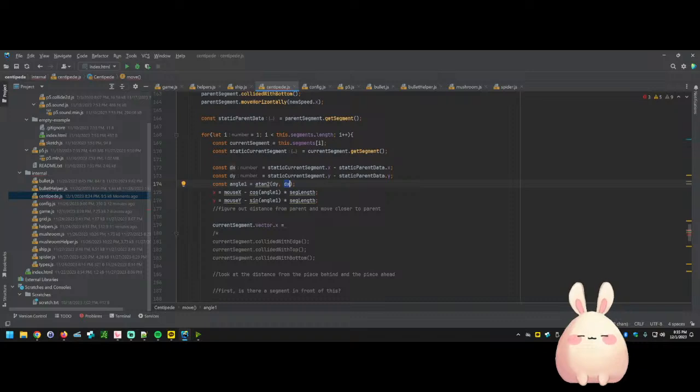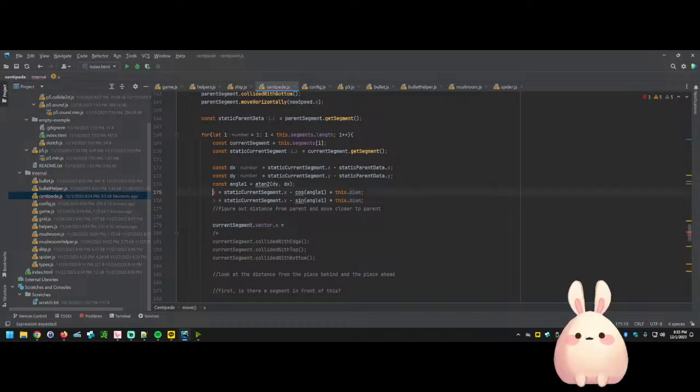And then we actually need to know the positions. So we'll do this. And the angle segment length is what, 10? This dot diameter, yeah. And this dot diameter, and then we just set this information to the current segment's x